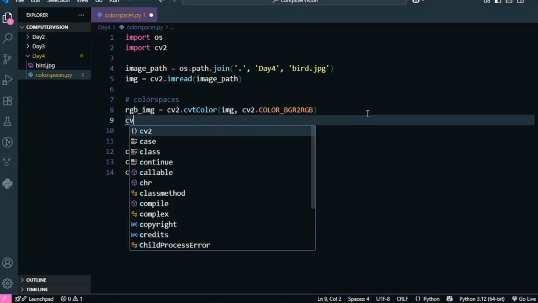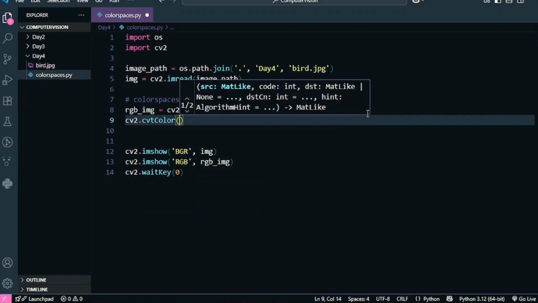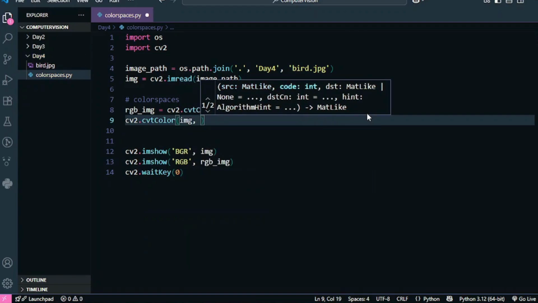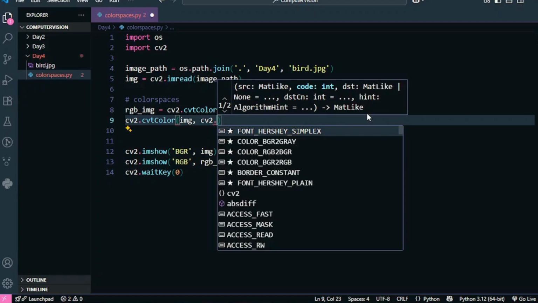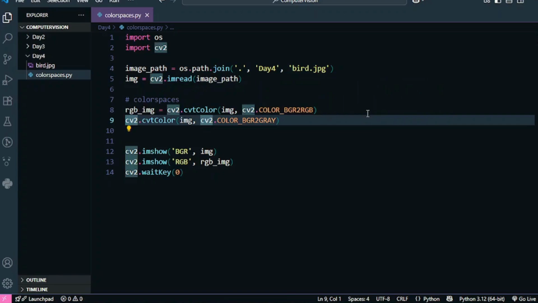Now let's try another important color space, which is the gray image, and you must have heard of that before as well. So now we are going to convert our image from BGR to grayscale. Grayscale images are actually black and white images, but a grayscale image is not a binary image. You have to keep that in mind as well, and I'll show you how.